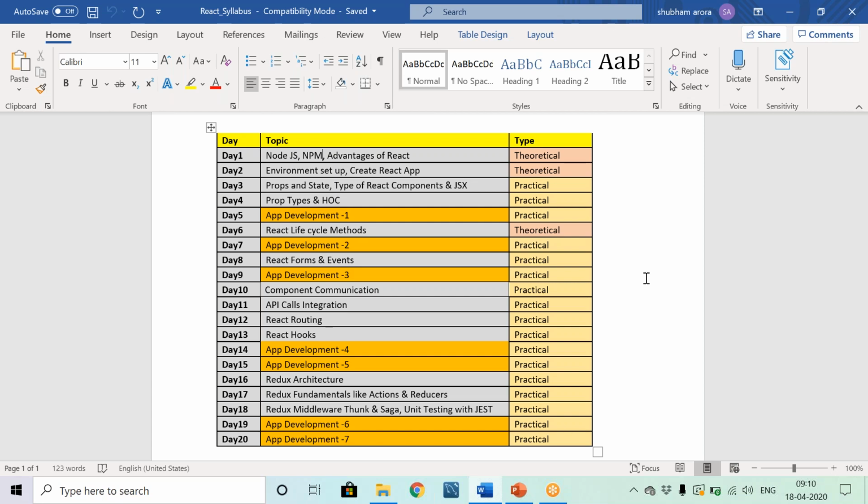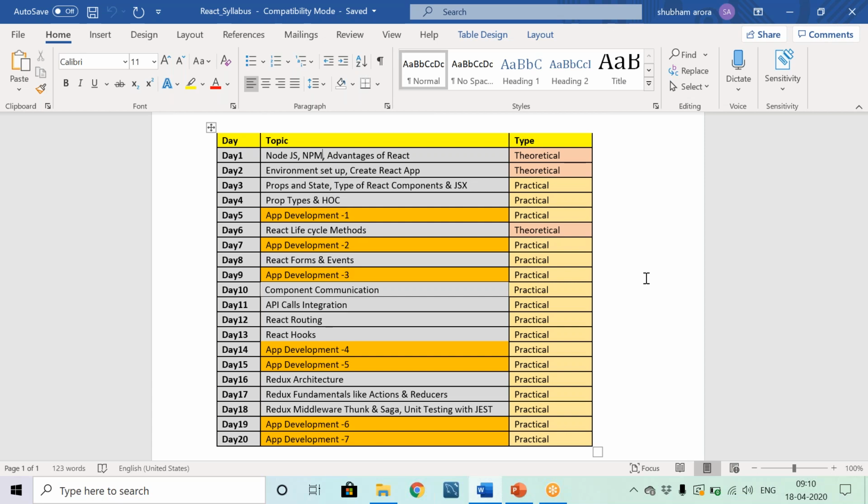Then we'll come to prop types and HOCs. We'll see higher order components. HOC stands for higher order components, and we'll see what higher order components are. Then we'll create a small application using the concepts that we have covered till now.